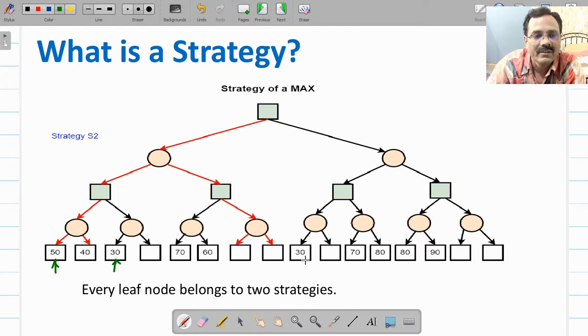Similarly out here you will find this 30 will be a part of 2 strategies, one is this one, right, and another one is, in another case you are going to select this, for that strategy also 30 will be a part, and then in the next turn you are going to select, instead of this part, this one.